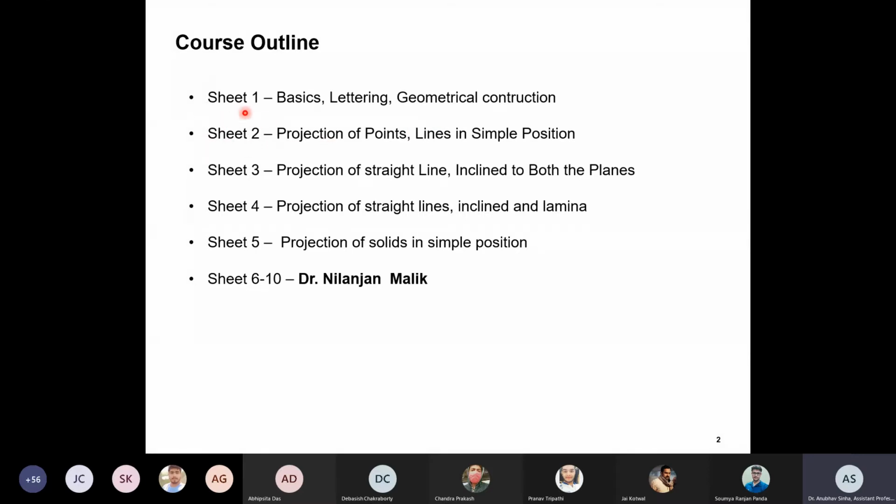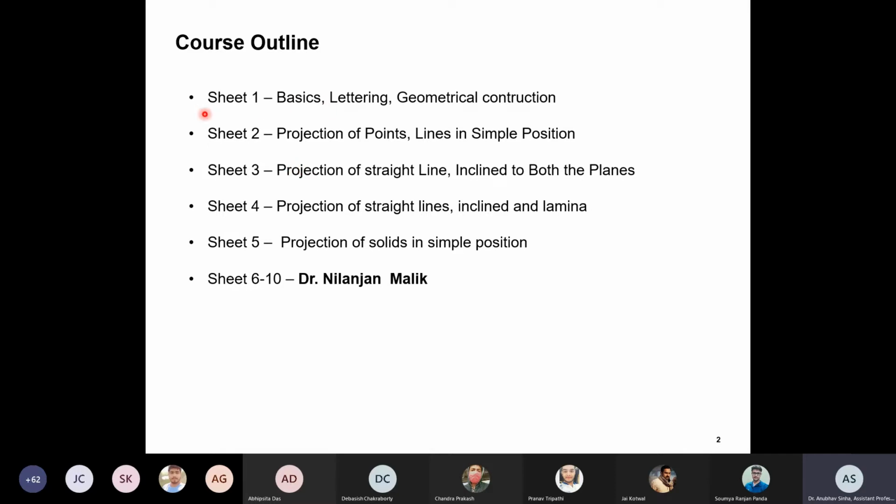So this is for sheet 1, which we will discuss today, and the time slot is for 4 hours. The idea was that you make sheets in those 4 hours, when you are physically present. Now in online classes, I will show you the presentation that will last roughly around 1 hour or so, and then you will get time to submit that sheet.